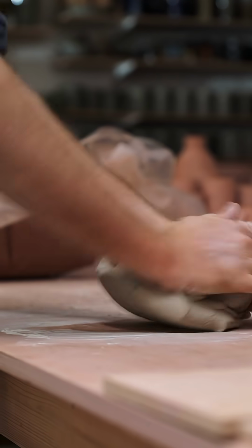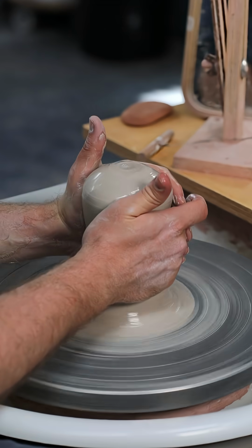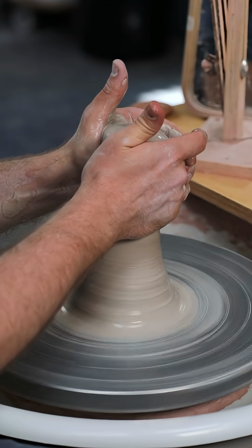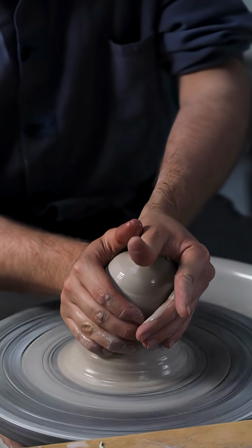Switching from throwing stoneware to porcelain is always a bit of a shock to the system, as simply put, you can't just keep throwing like you did before, without the vessel simply collapsing or undulating out of control. To mitigate this change as best I can, I always try to throw really slowly and with very little water,